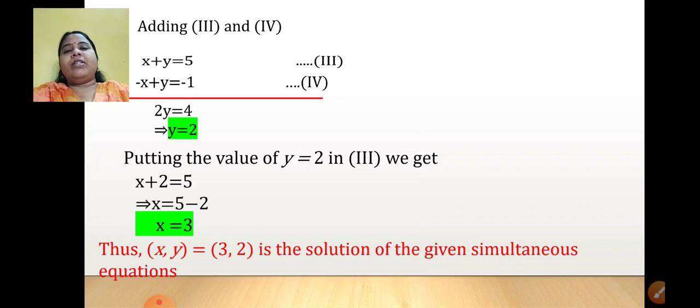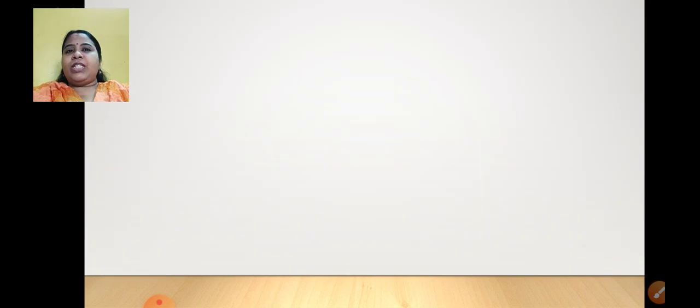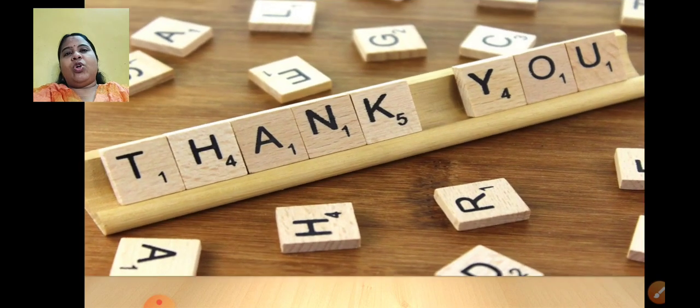So I hope practice set 1.1 is now very nicely understood by you. We have revised the type of sum. Only one type of sum is kept, which I have revised today. So with this, I come to the end of this session. The remaining part, one by one, we are going to solve from linear equations in two variables and try to understand all the concepts. We'll continue in the next session. Thank you.